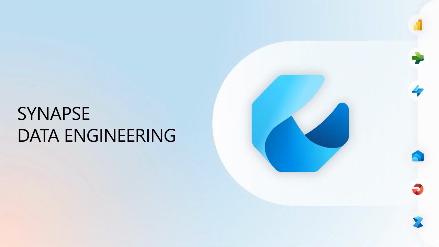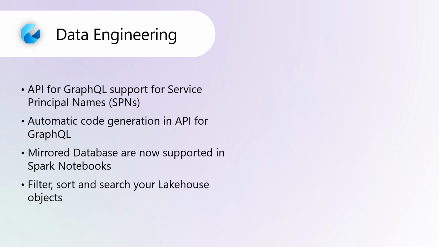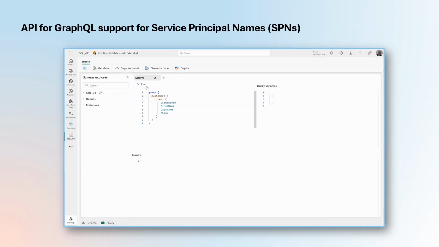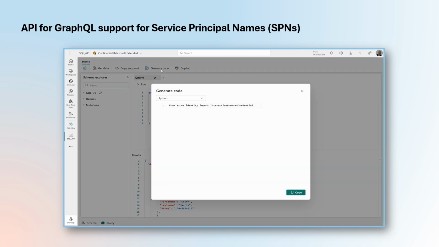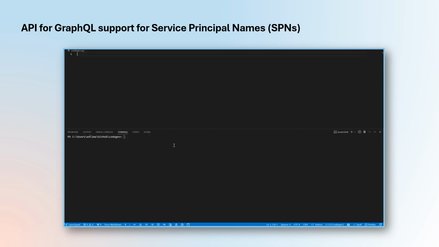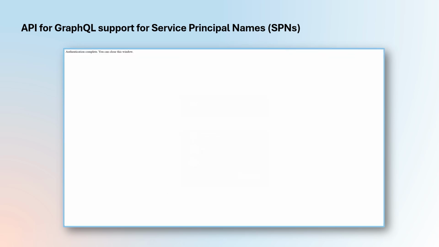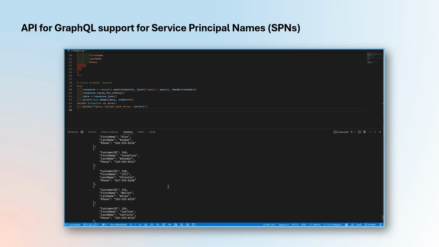Next up, Fabric Synapse Data Engineering. We have made a significant leap in enhancing enterprise-grade security and authentication by introducing service principal name support for API for GraphQL. This feature offers organizations looking to integrate their apps with an API for GraphQL in Microsoft Fabric the ability to tie seamlessly with their enterprise identity and access management systems. By leveraging SPNs,